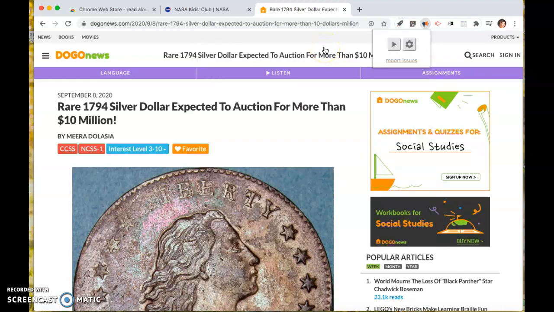So I didn't highlight anything first, and it was just going to read me the text. There's another extension I have installed, which is called Mercury Reader. And so you notice there's some ads over here, some other links. If I click this little rocket, which is the Mercury Reader extension,